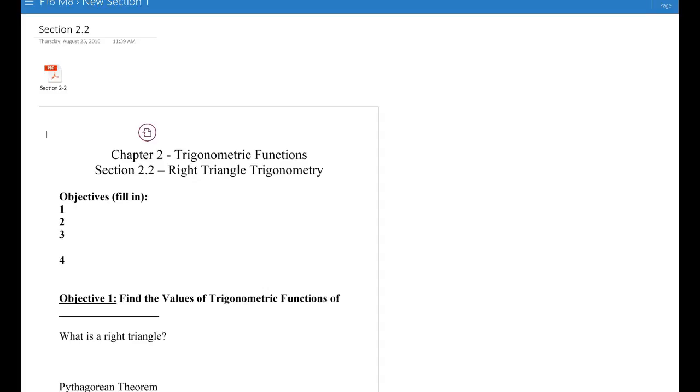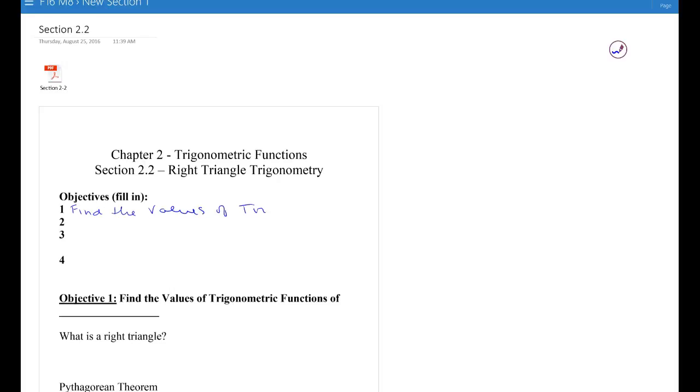So we're still in Chapter 2, Trigonometric Functions, and in this section we'll be talking about right triangle trigonometry. Make sure you're clear in your mind that this is all about right triangles. Then eventually we'll extend our study beyond right triangles. So the first objective is to find the values